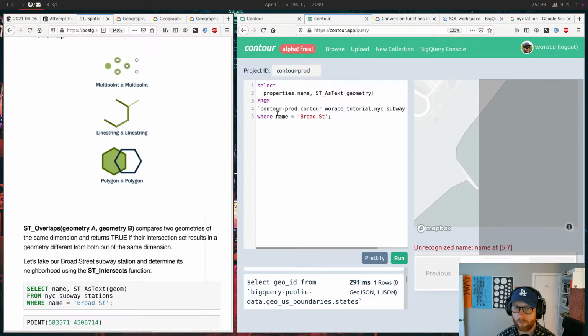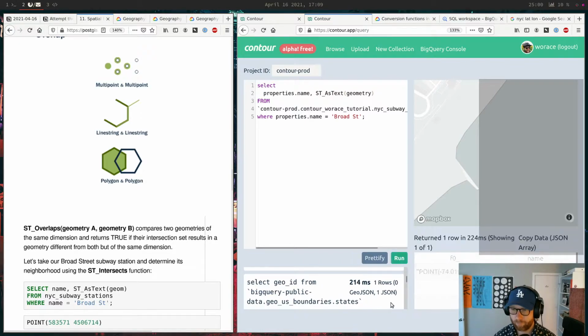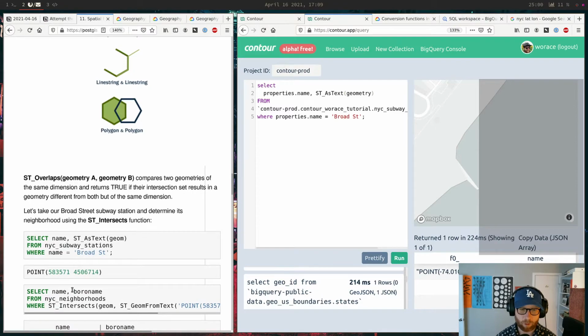Oh god, same thing. Yeah, okay. So what they're saying here is to just plug that back in, which is not that interesting to me. I guess I could. Yeah, okay. Name, geometry. So what they want to do is just type it in.